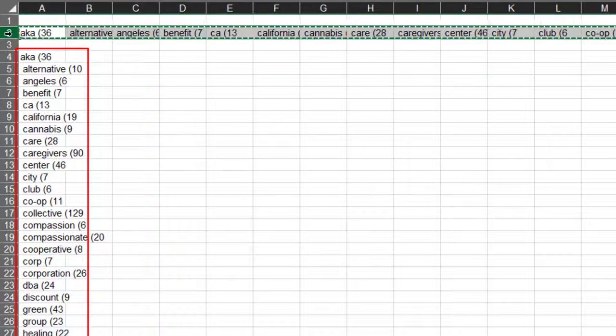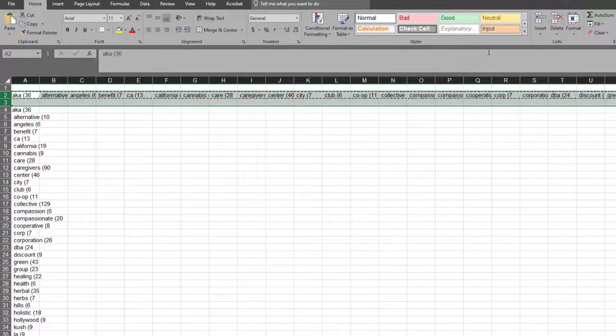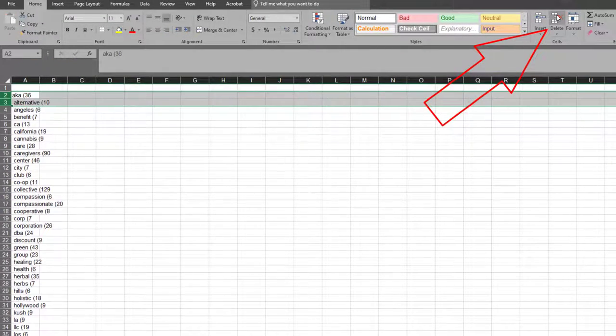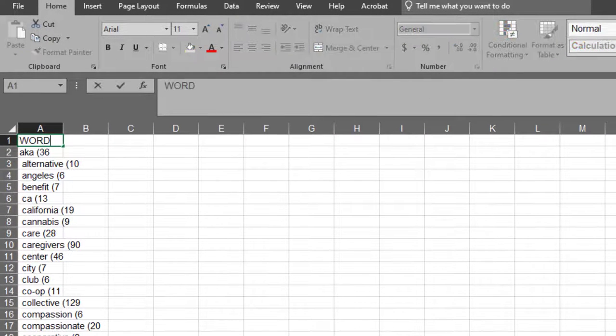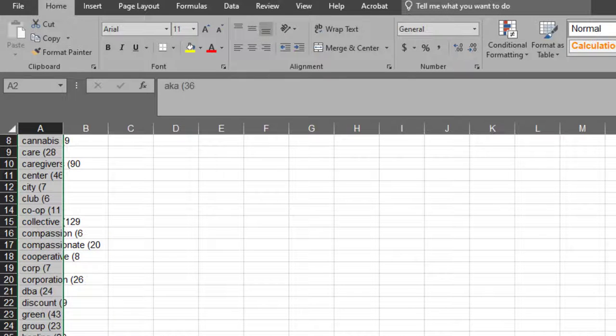Going to click on 2, drag down to 3, delete that, don't need it anymore, and here we could put in word and then count. One last step, I'm going to highlight everything from cell A2 where it says AKA all the way down to cell